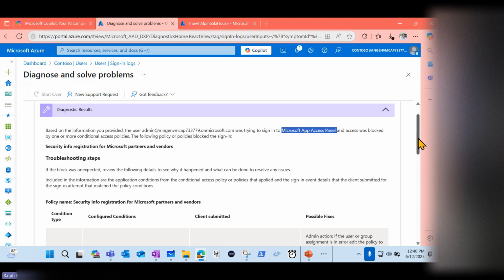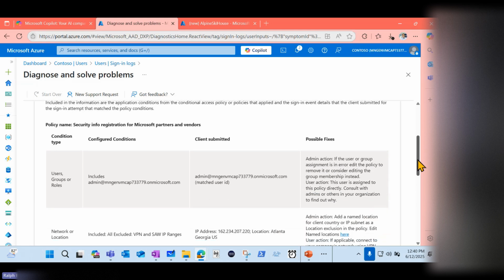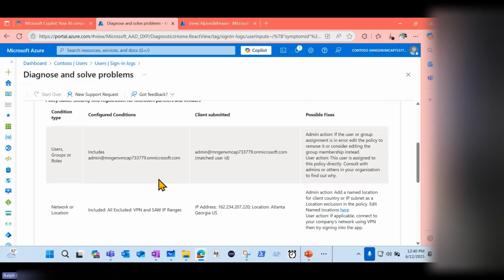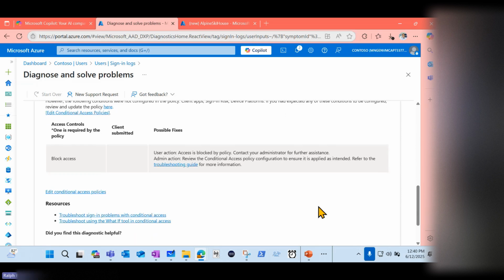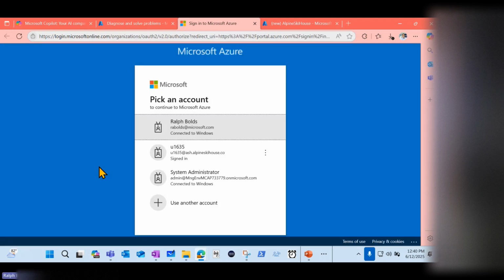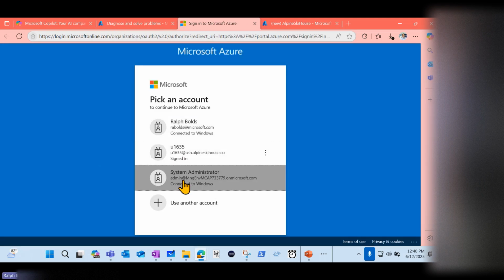When I scroll down further, you see it shows me the users and the groups and the roles that user is assigned to. So remember, when we first started the conversation, we were able to add the user to groups, to different roles there. So it's going to show that information. It shows the network and the location here, and it shows the block access here. And I could go to the troubleshooting guide, or I can edit the conditional access policy. So if I go to the conditional access policy here,